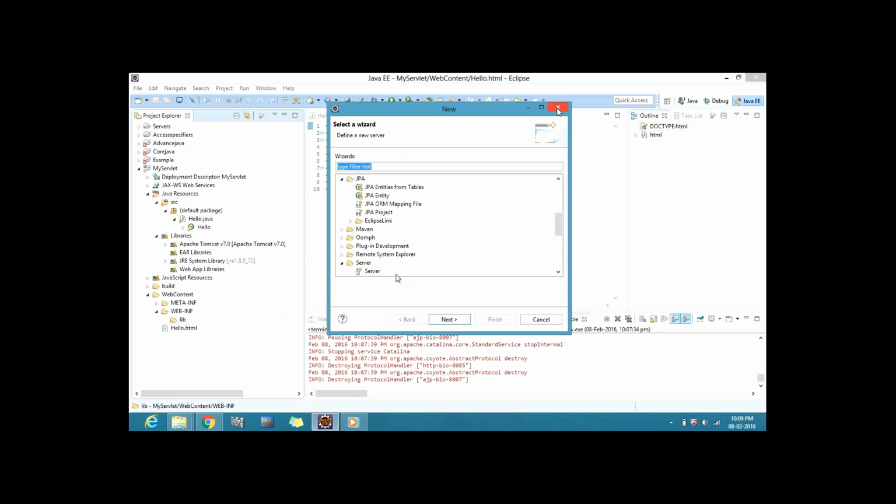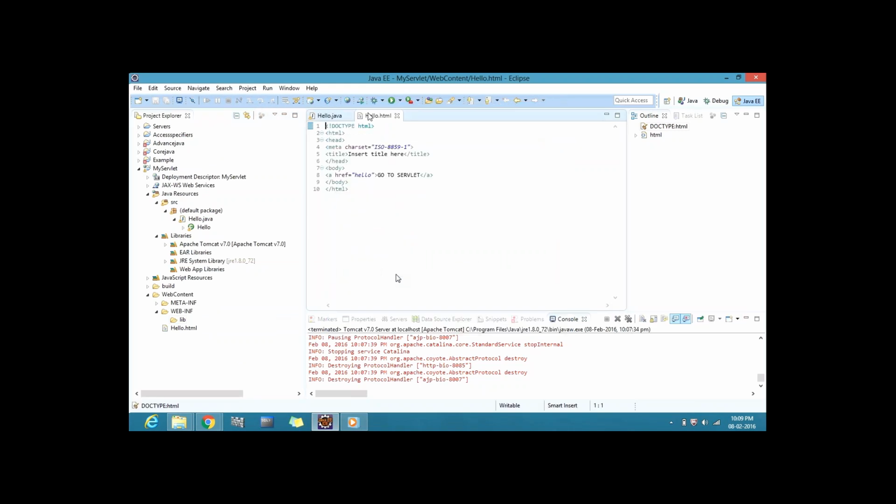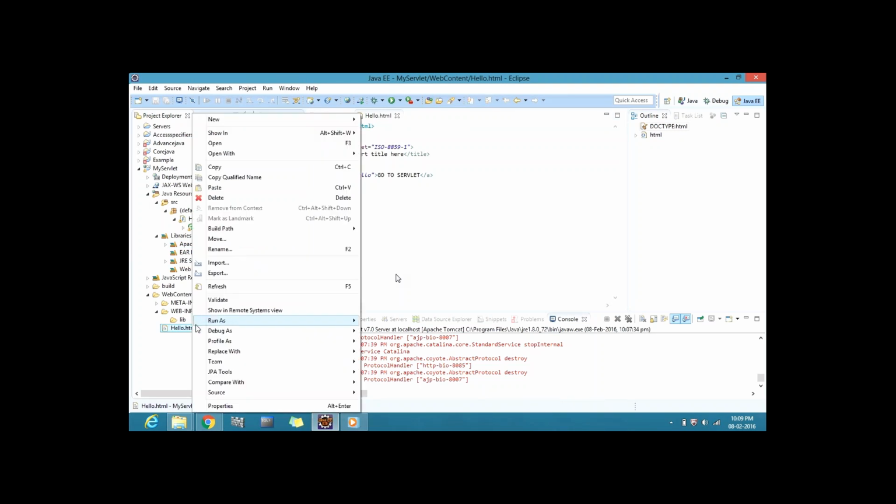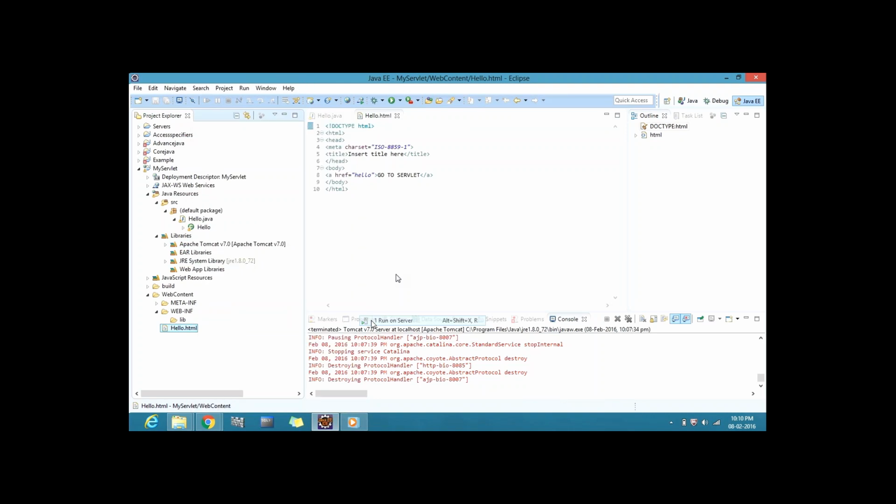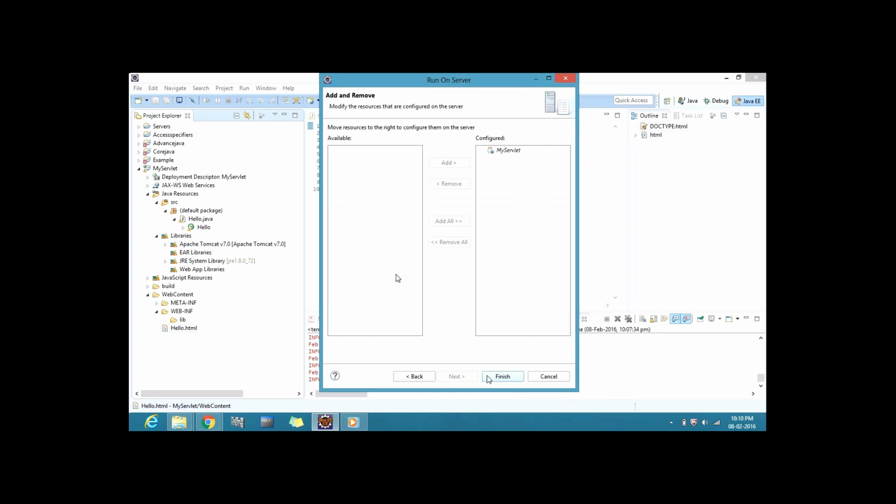Close it first. Select that hello.html. Right click. Left side you have hello.html. Right click, run it. Run server. Finish.